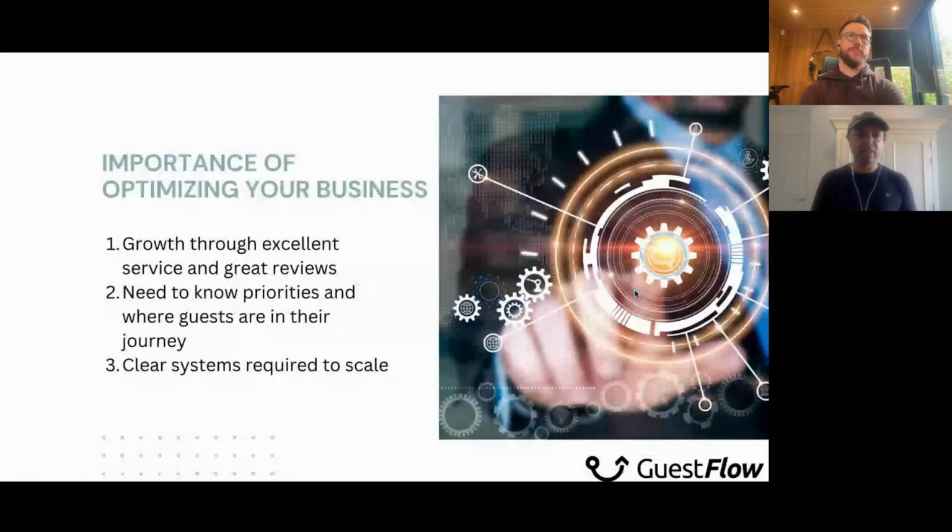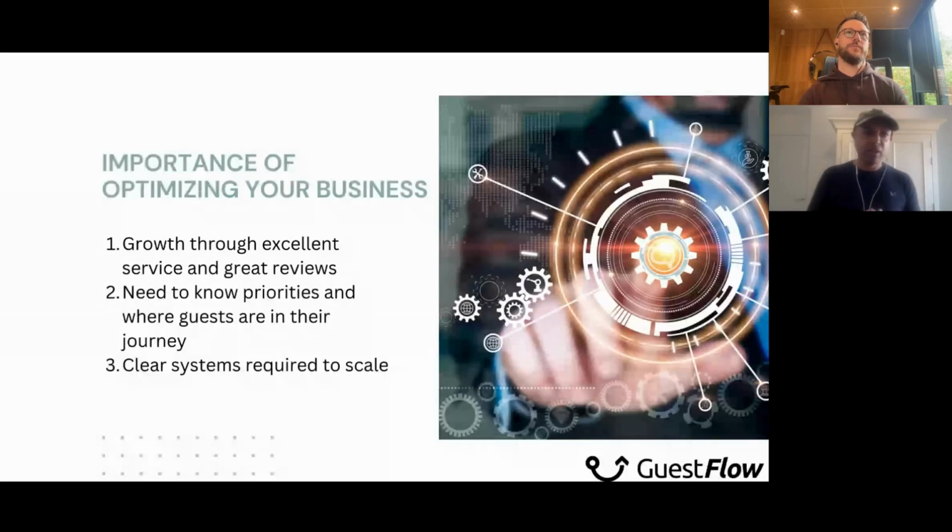In order to get more bookings, the best way is to have fantastic reviews, right? If you've got guests leaving you 5-star reviews on the OTAs, like your Booking.coms and your Airbnbs, and you get that superhost status, etc., that encourages other guests to book with you. That's like that little flywheel that you need to get going where your growth comes from, right? It's perception for anybody who's considering booking with you.